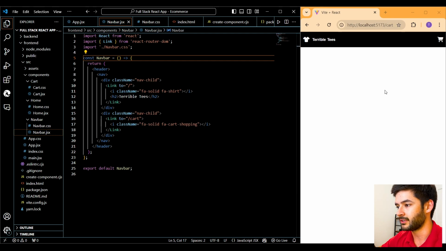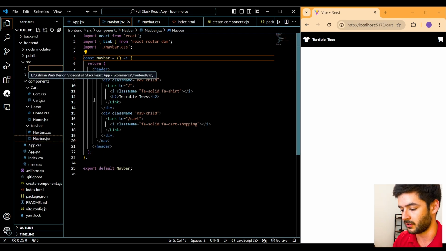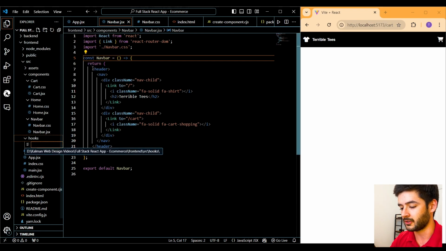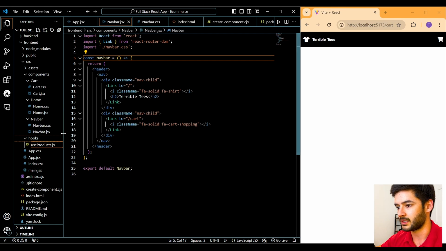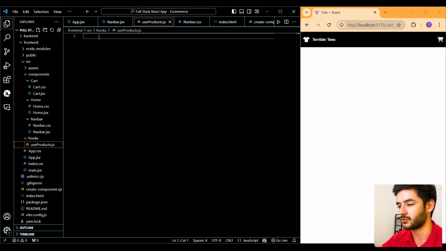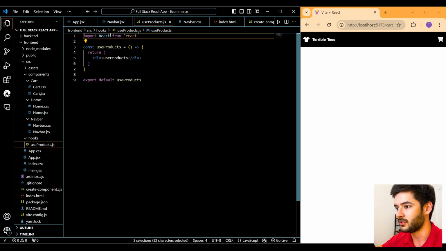Now that we have our navigation set up and ready to go, what we need to do is create a new folder within our src, and we're going to call this hooks. Inside of this directory, what we need to do is create a new file called useProducts.js, and in this file we're going to use it to create a custom hook to fetch the database information from our backend. So what we want to do here is start off with RAFCE, and we don't need to